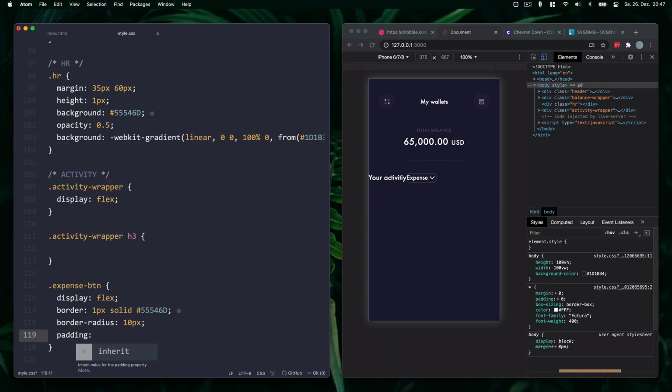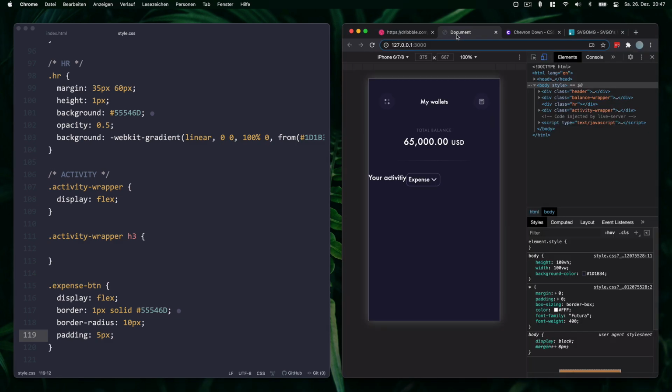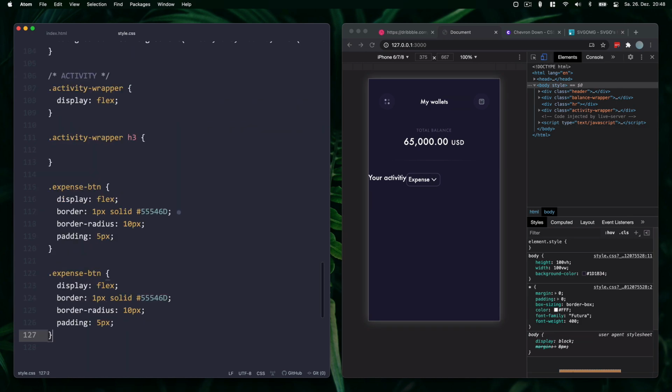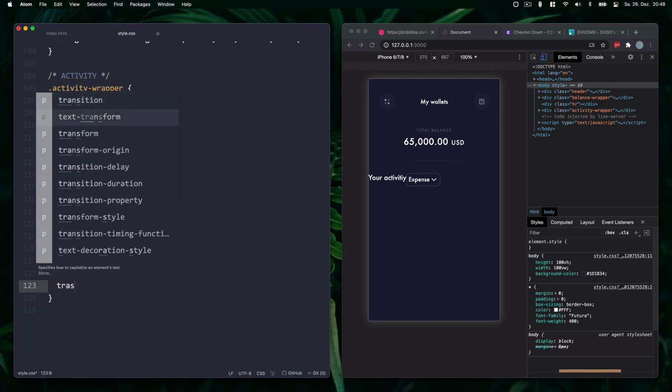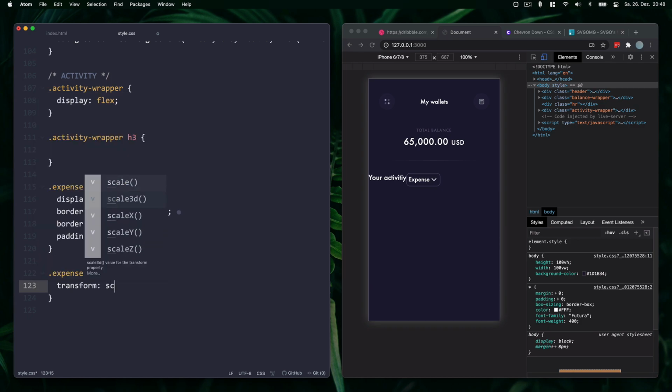Padding, that's way too much. Alright, expense button, we need to scale down the SVG again. I'm actually not sure whether it's correct to scale an SVG with transform. It's probably not optimal, but let's just do it this way. Yes,